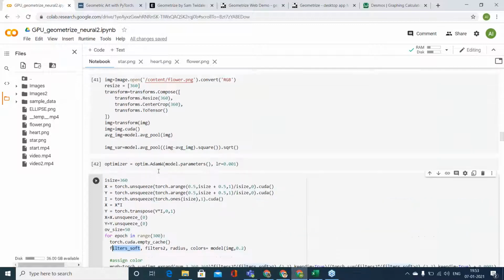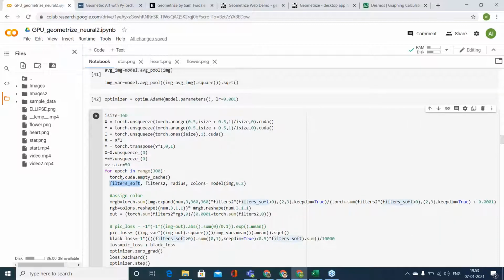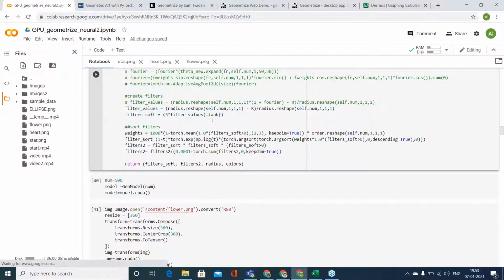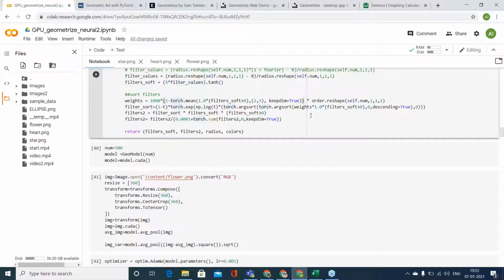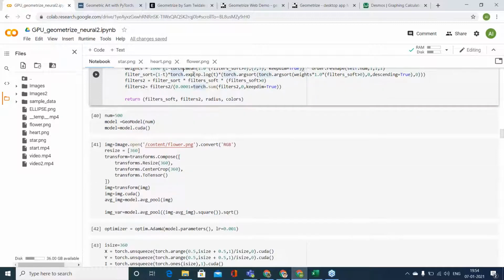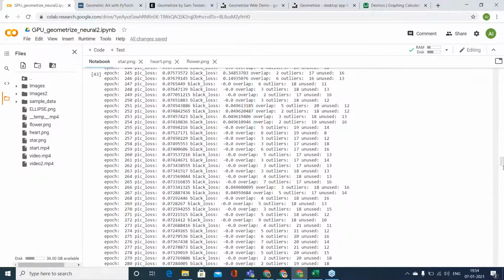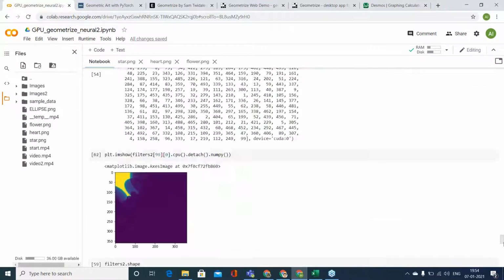If you look at this, this is after applying the activation function. Then it assigns a weight to every shape, and then accordingly those weights are combined and it shows.